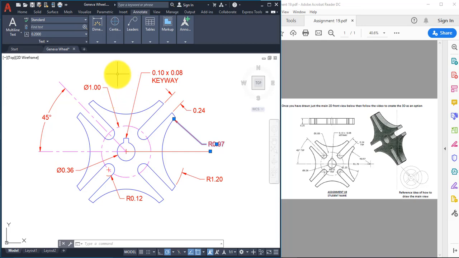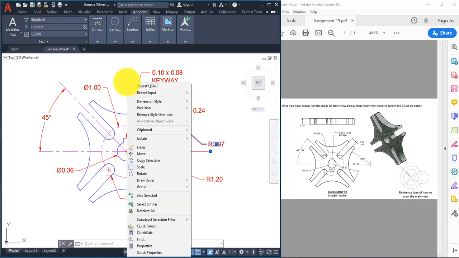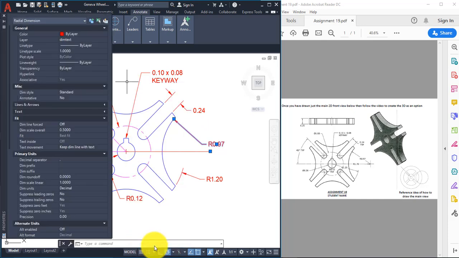dimension style, we can select here this leader dimension, right click, and go to properties. Under properties, you'll see that you have quite a few tabs here that match kind of when you type in D and enter and go to the dimension style. But the dimension style manager controls all of the dimensions. Right now I have just this one selected, and I'm going to change specifically that one so that it looks